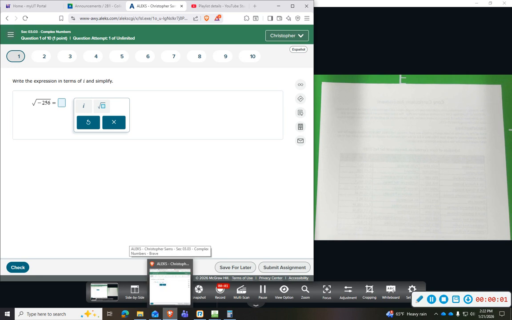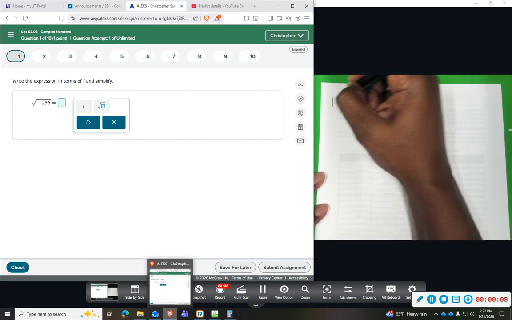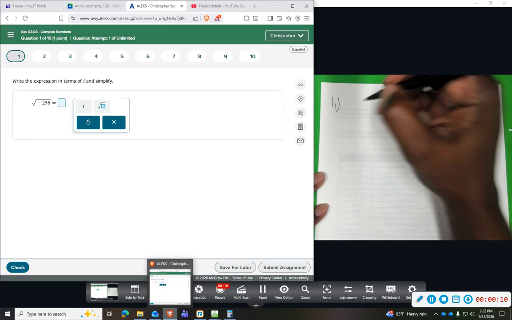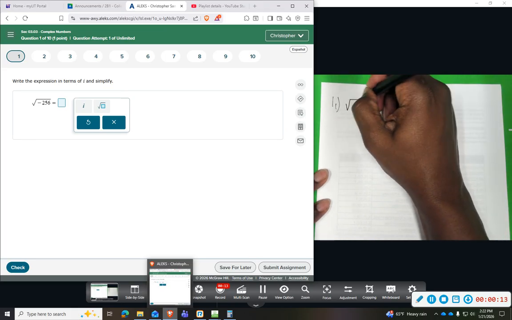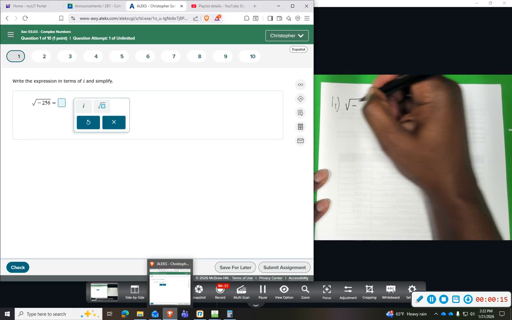All right, we're now in section 3.3, complex numbers. So this is the homework assignment. In number 1, we want to simplify this expression. We are looking at the square root of negative